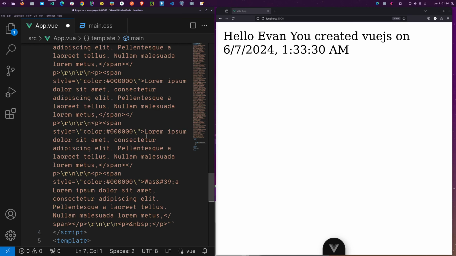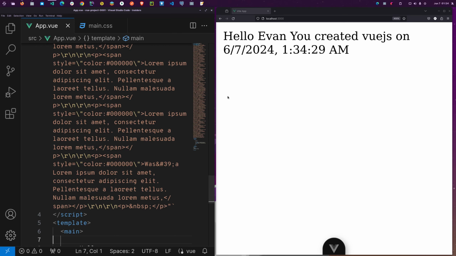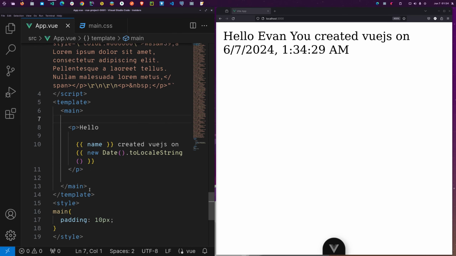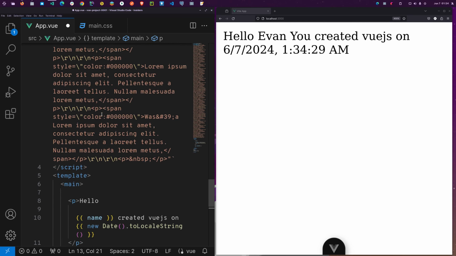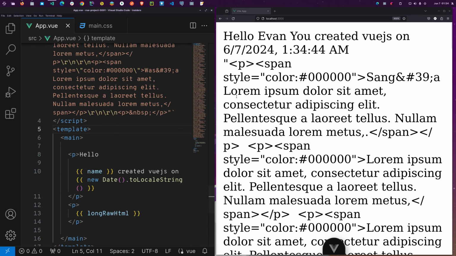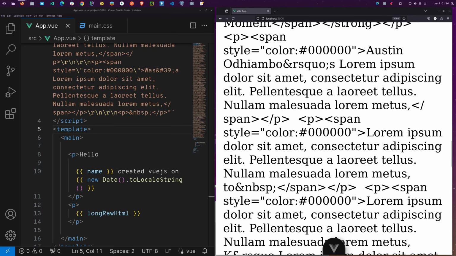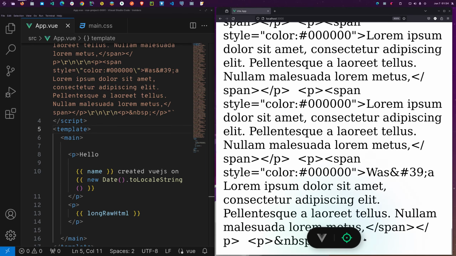So if you have this and you want to show it here, you can have your paragraph, then you have longRowHTML. Then if you save, you'll see you have this weird looking HTML. So for us to be able to maybe escape these ones, we need to apply a very